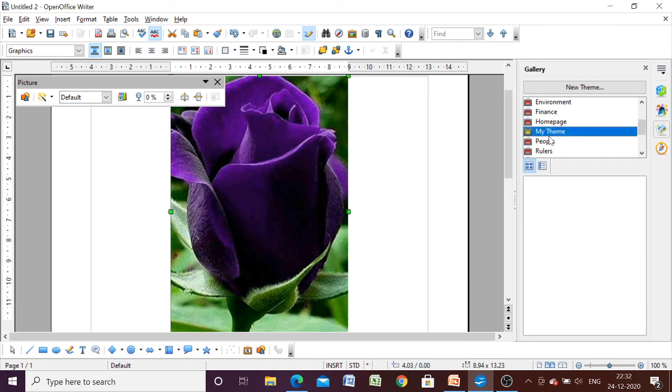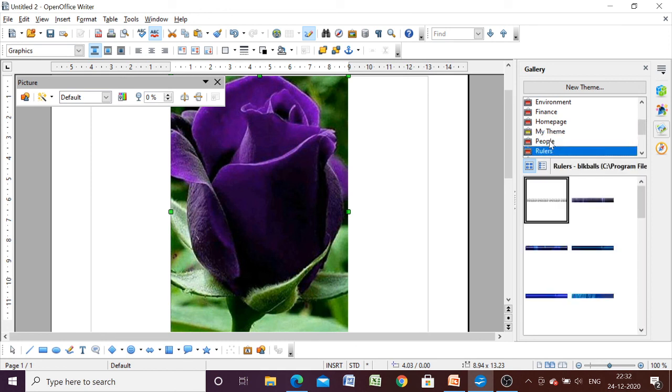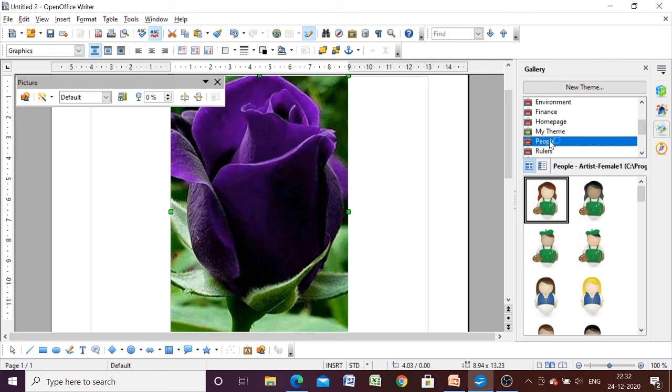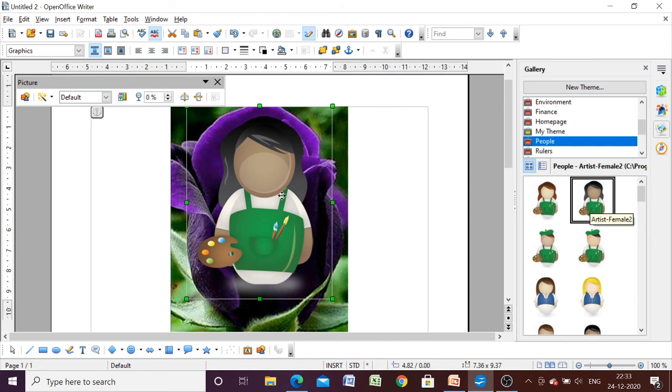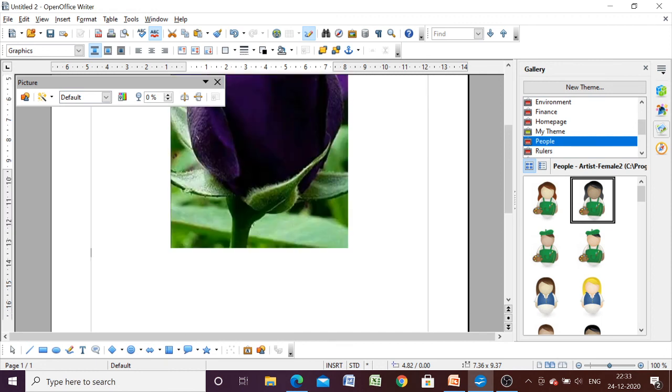You can see that we have a lot of themes, and under the themes we have some pictures. You can insert those pictures in your document also. You can just click, drag and drop it, and the image will be inserted in your document. Okay, I am just removing it. I am pressing Ctrl Z to undo it.